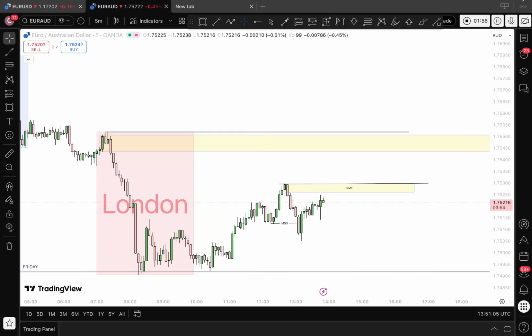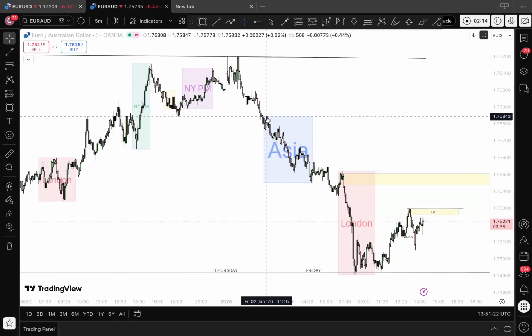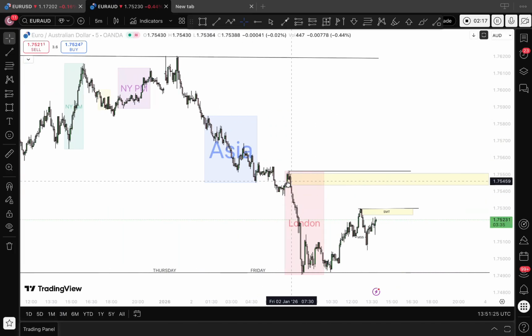Another thing is we are very close to the New York opening, which is going to be opening by 3:30. We are about 39 minutes away from the New York opening. Anything between now and then, I'm expecting the market to take out this one, because Asia was not taken out, and the London high is not yet taken out as well. I want the situation whereby the London high is taken out, even perhaps the Asia high as well, before there is a change in market direction. Then we enter the trade.